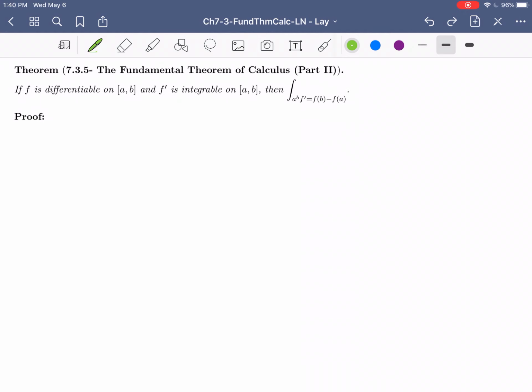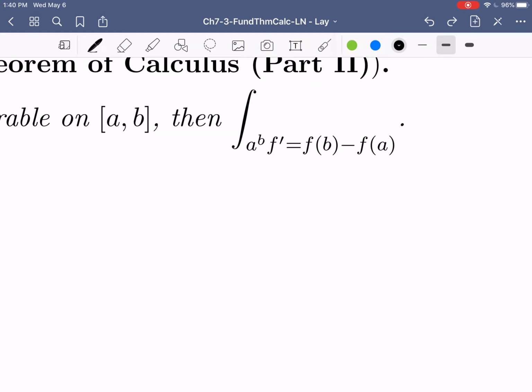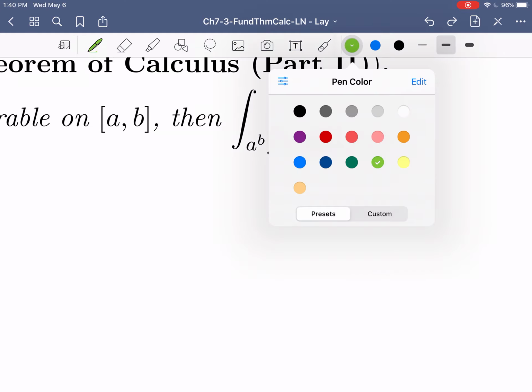Fundamental theorem of calculus part 2. So here, if f is differentiable on a closed interval from a to b, and f prime is integrable on that closed interval from a to b, then